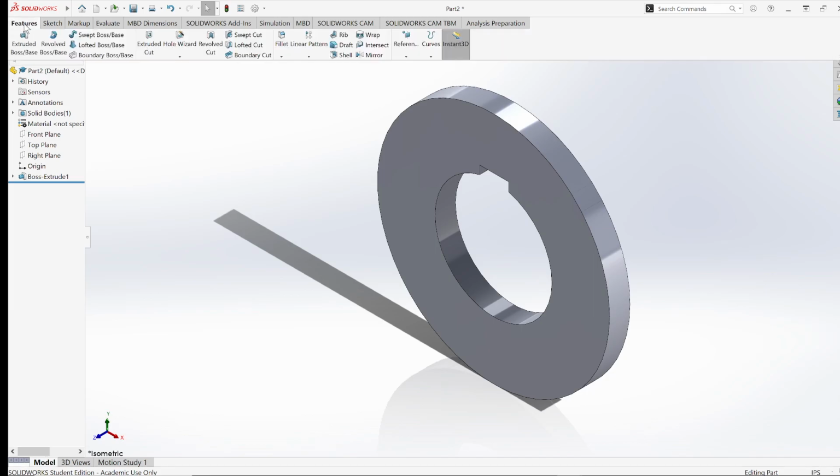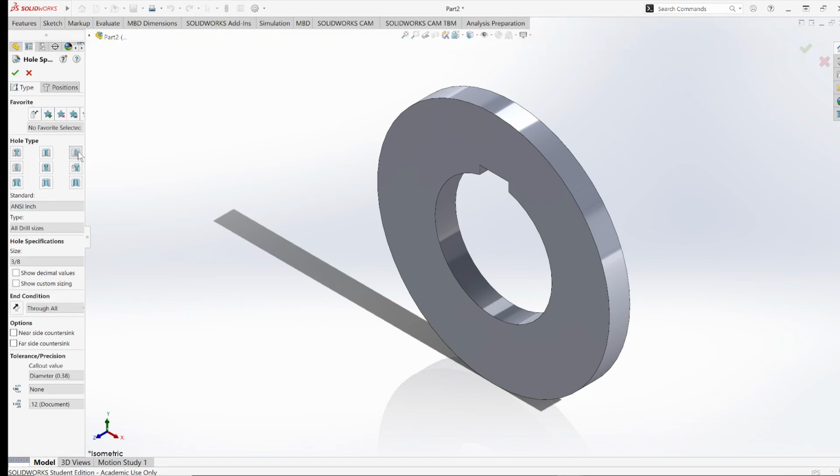Now I'm going to go to feature and I'm going to look for the hole wizard. It's kind of a little bit much, but when you click the hole wizard, there's a bunch of options that are going to come up, and I think this one should be the default, but I don't think it is. So you want to select on that one. I'm just going to create a simple hole. So when you click on that,